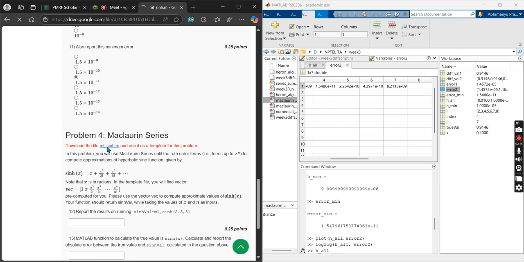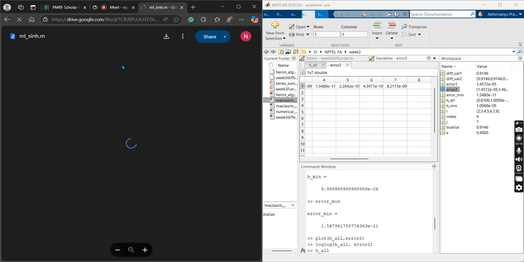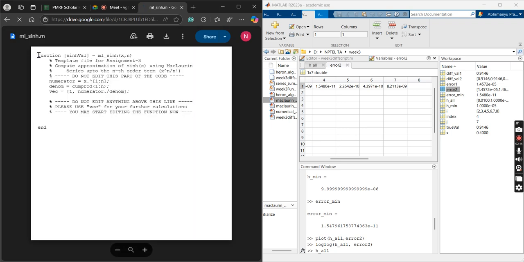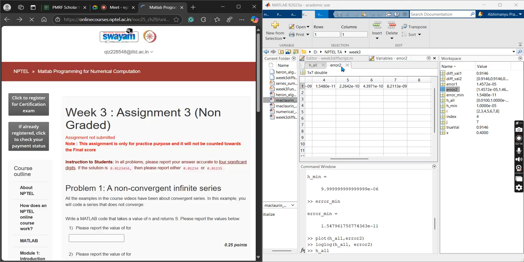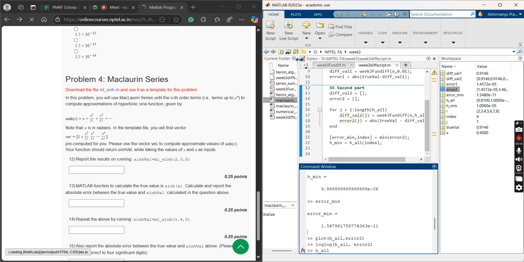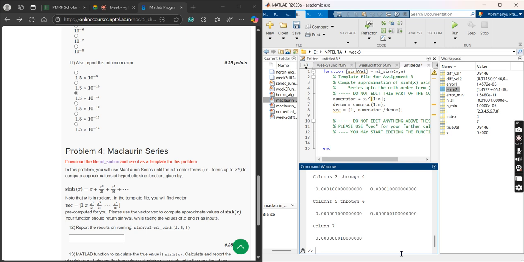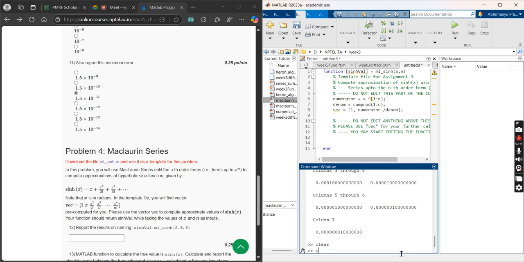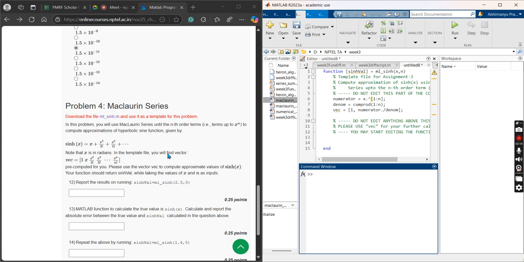Okay. Just copy this. In this problem, you will use Maclaurin series until the nth order term, terms up to x to the power n,